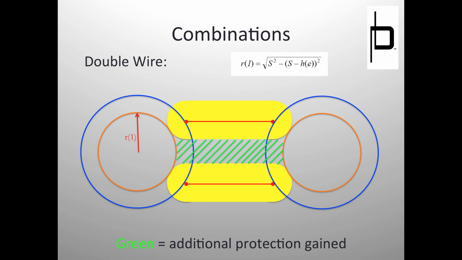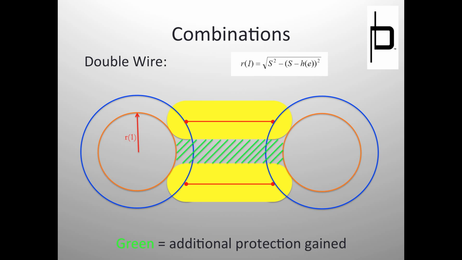Now, this is by far the most economical and the most popular way to protect a large substation. On your outside dead end structures, you run a wire from your high voltage structure down to your low voltage structure, and you do it again from this high voltage structure down to this low voltage structure. And as long as those wires are a little bit less than the radius of the sphere,